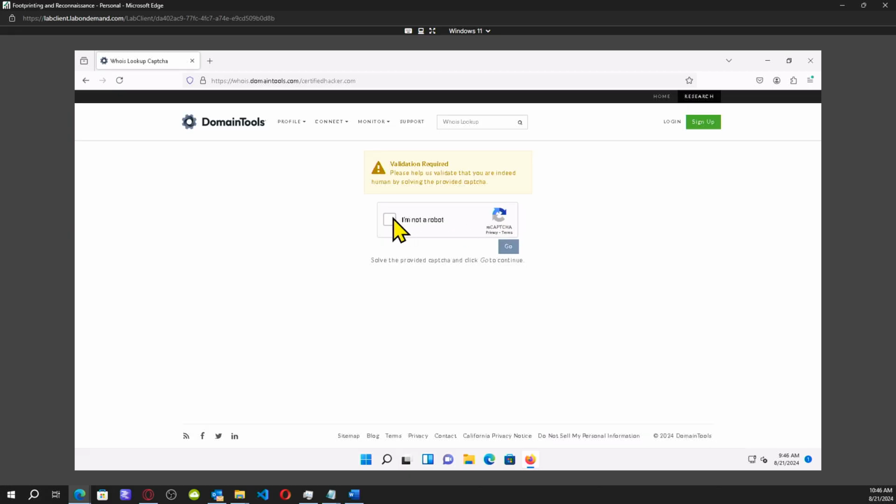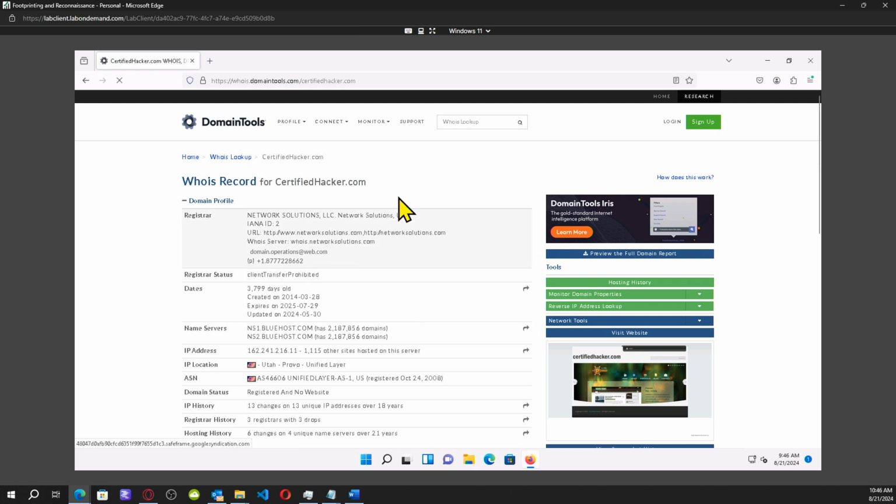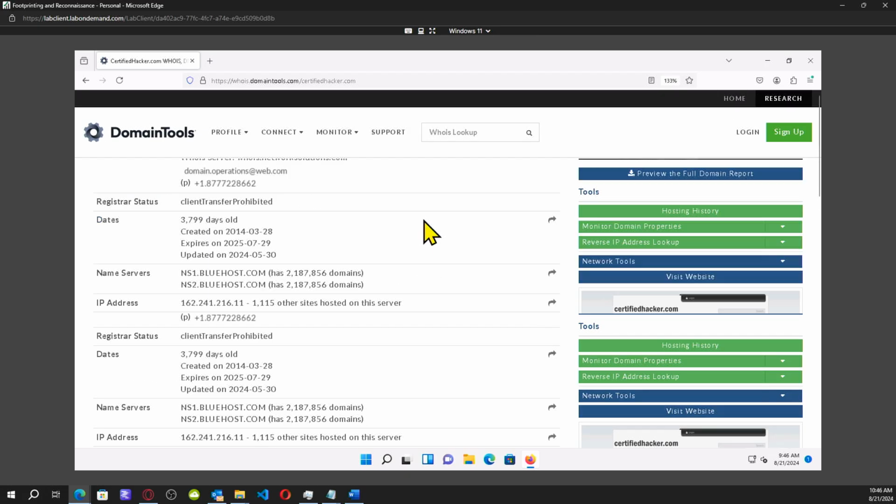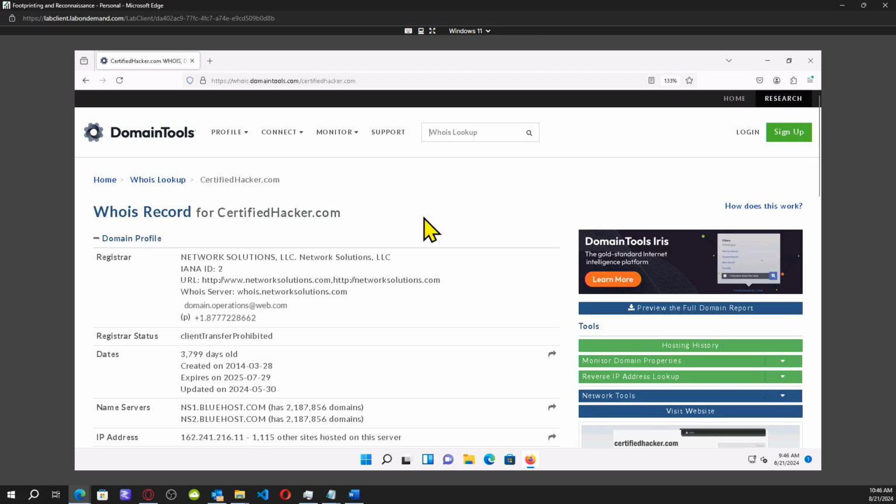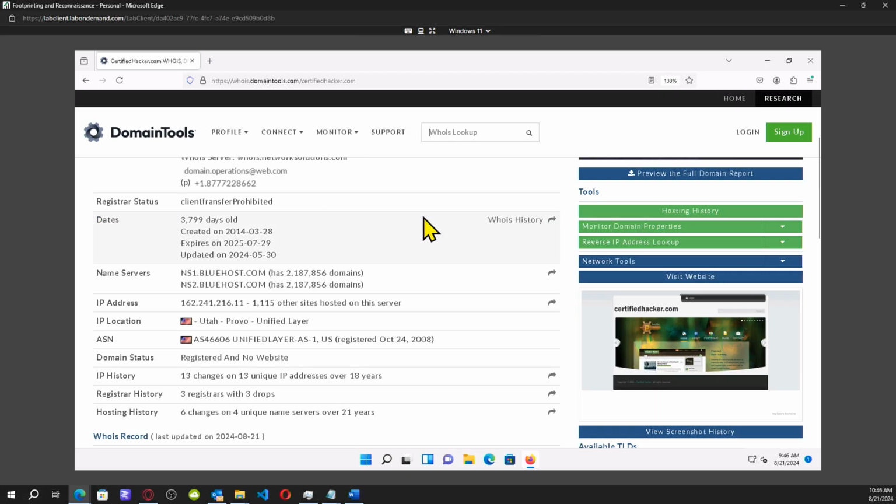I have to validate that I'm not a robot. However, I am a bio being. Right on, look at, there it is, certifiedhacker.com. And it gives me, let me do a control plus here, zoom in a little bit, make it easier to see. And it gives me Network Solutions, LLC, and other information about